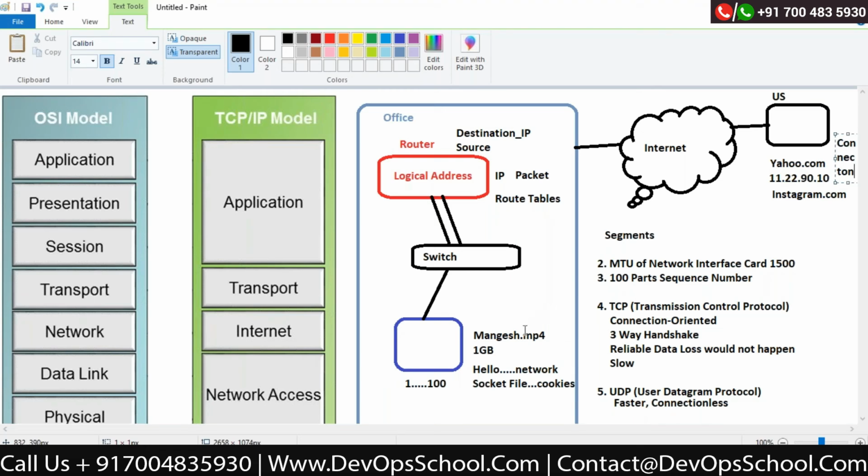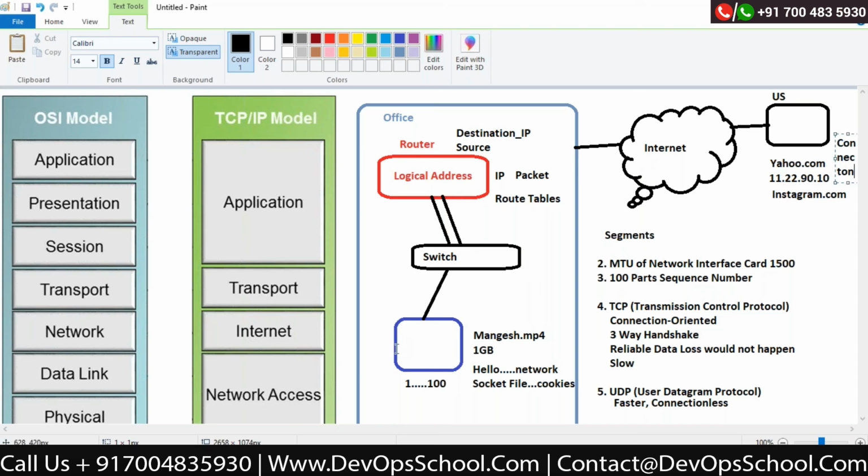correct? Now, remember that whenever your data is transmitting over the internet, there is a concept called data encryption. That means your data would not be transferred in a plain format. It is encrypted because it is transferring over the internet, correct? So encryption should be happening.